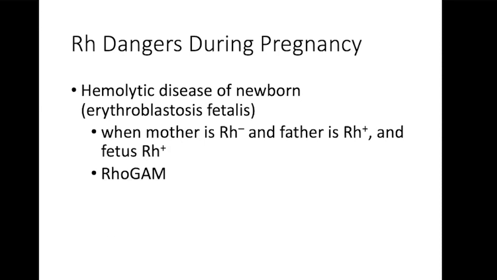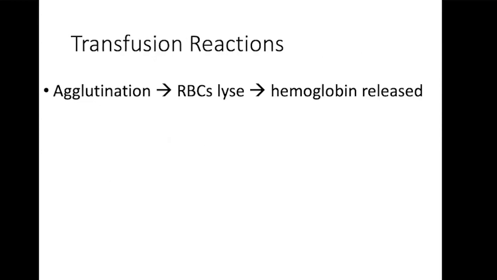To prevent this, pregnant women who are Rh negative are given 2 shots of RhoGAM, one during their pregnancy and one immediately after delivery. This prevents them from producing the antibodies for Rh positive blood, which will protect future pregnancies with Rh positive fetuses. When mismatched blood is infused, a transfusion reaction occurs in which the recipient's plasma antibodies attack